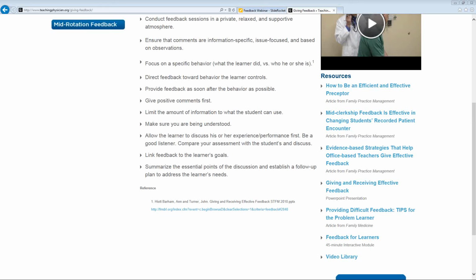So if you notice that there's a counterproductive way that this person is functioning or approaching something, you go through that same level 1, here's what I saw you do, level 2, here's my concern about things, and level 3, here's what I think you're going to get differently if you change this behavior. So all you can do is give them your guidance, and if you still see that they aren't making any changes to something that you feel is a counterproductive behavior, usually it's not a technical skill, but it's a behavior, you document that, you let that go.